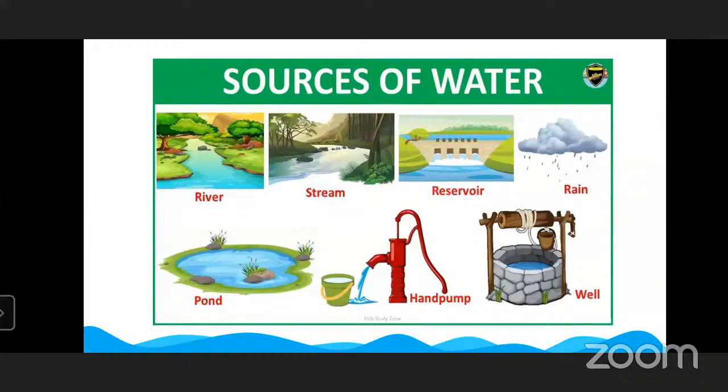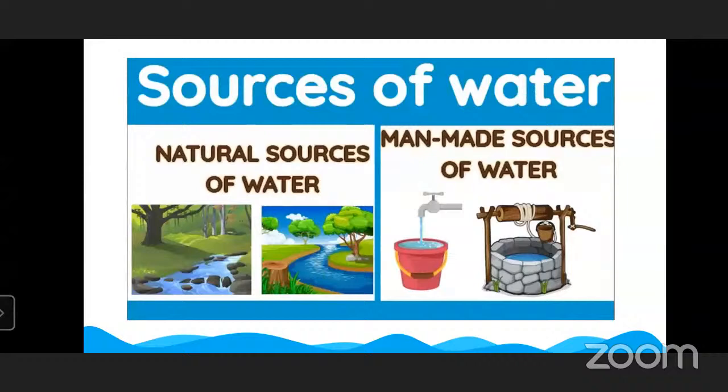Now moving to the next slide. See, we divide these sources of water into two categories: natural sources of water and man-made sources of water. Now, what do you mean by natural sources of water?